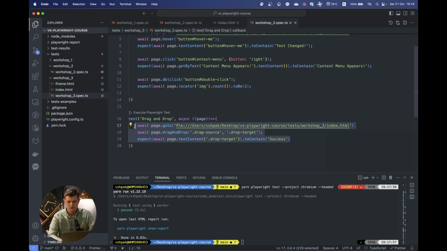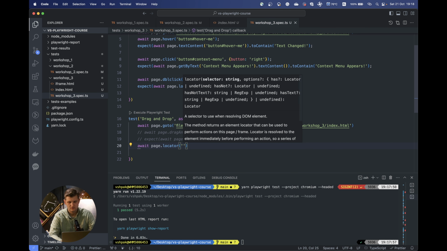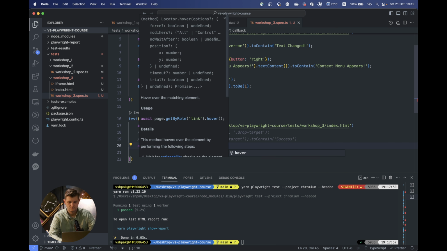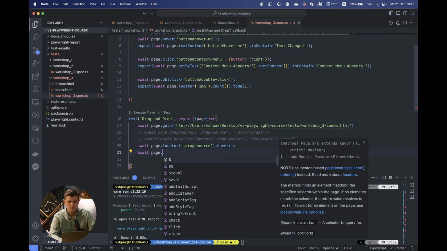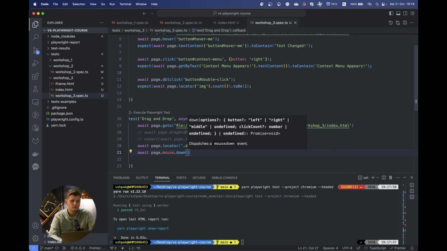But before we move forward, I want to show you the other, more configurable way to drag and drop. We still want to go to our page. What we actually want to do now is go to our page locator, then take our drag source and hover it, right? After this, we want to go to the page and there is a method like mouse.down. So by default we click on the mouse button,